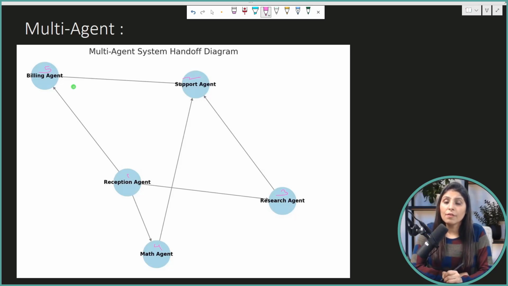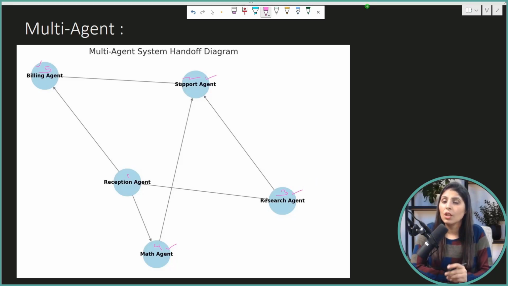Here, instead of providing all the tools to a single agent, we have divided the task into multiple parts. All the math related tasks are done by the math agent. All the billing related tasks are given to the billing agent. All the support related questions are passed to the support agent, and all the research related questions are passed